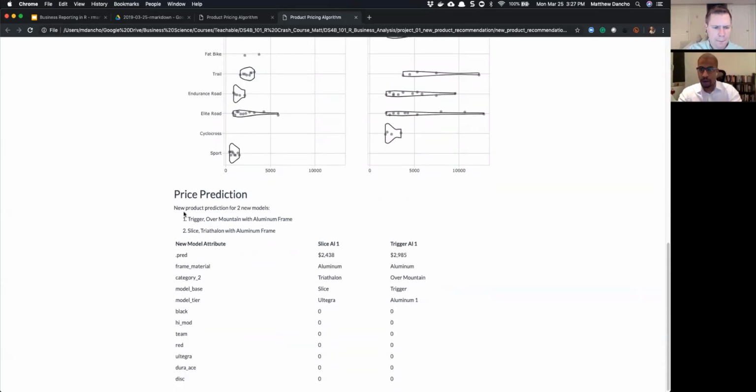Cool. And then the last piece is the price prediction. What we're showing here is how to predict two new models: an aluminum frame triathlon bike and an aluminum frame overmountain bike. And this is where your data science comes in. The model that we built last week was an XGBoost model, and we decided to use that again for this particular report. We're showcasing how this model has predicted a price of $2,400 for this new model, which is called a Slice